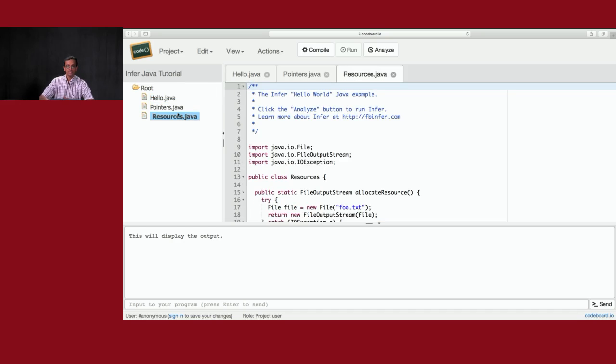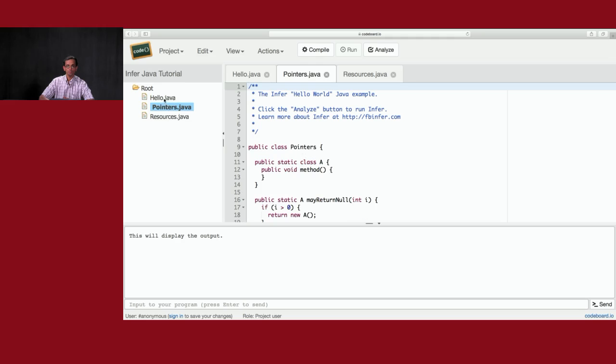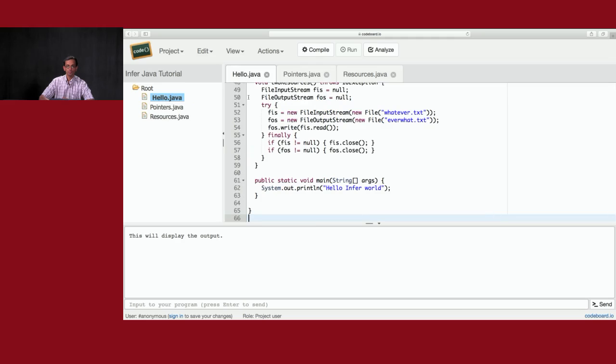So here we have three files with some source code, and in this case we are using a web-based IDE to build and run and analyze our program. So we just compile it. Compilation is successful. Everything went through the compilers. No errors that the compiler found. But when you run the program, it prints hello Infer world. You don't see any apparent issues here either. So let us analyze the program,